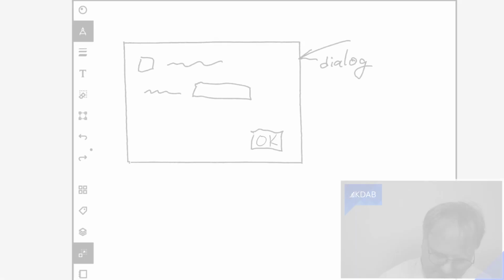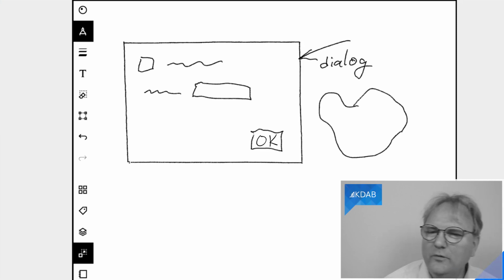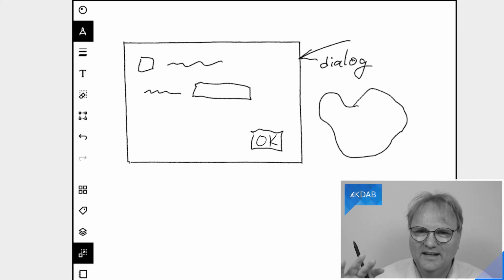A few minutes ago, I promised you that in a few seconds I would show you layout management. So I'm already overdue now. So let me show you what a layout manager looks like. It looks like this. I won't even try to draw it as a circle because I will fail at that. So it's something that is not a rectangle. That's the key thing here.